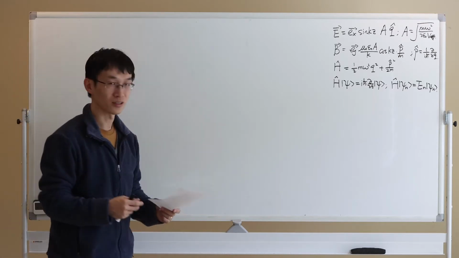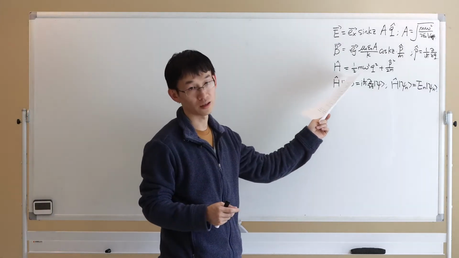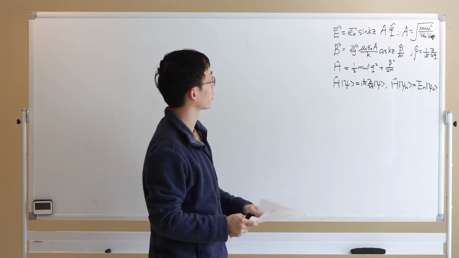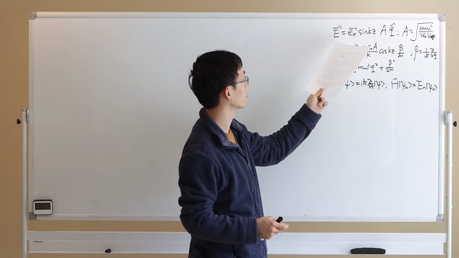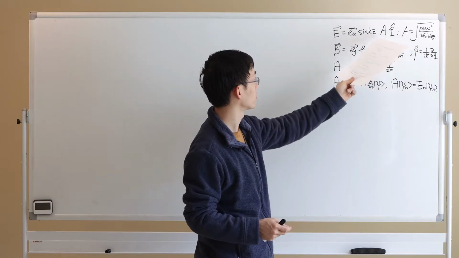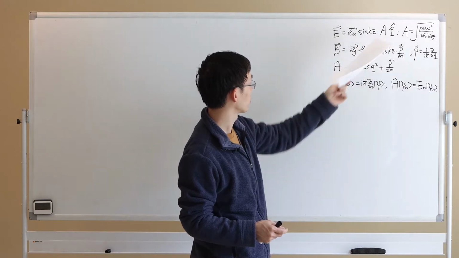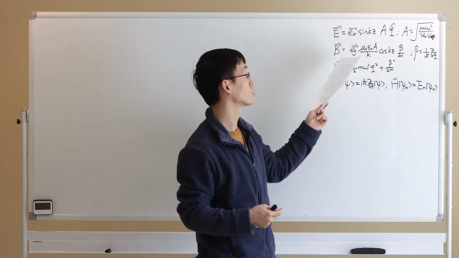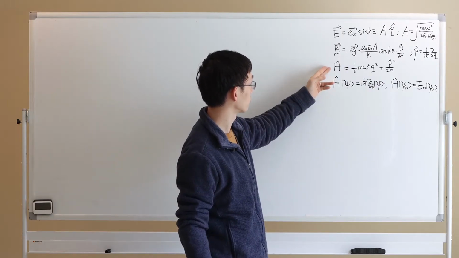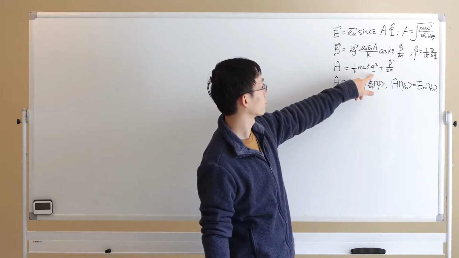In the previous class, we learned that in order to quantize this field, we need to write down the energy of the EM wave inside a pair of mirrors. Then we can make some definition for the electric wave amplitude, and then you have A and Q. And also B, because of the Maxwell equation, you can derive B from E. Then you get this Hamiltonian, which looks exactly like a harmonic oscillator, where you have